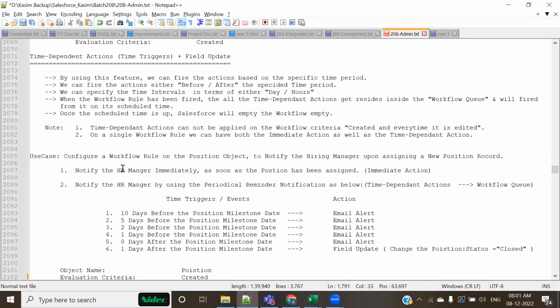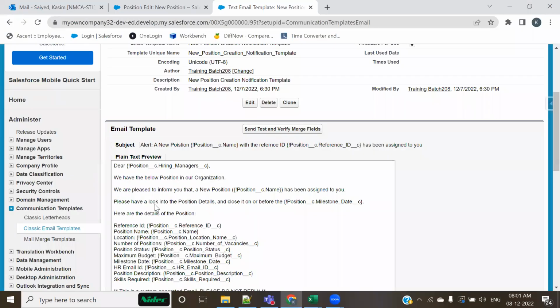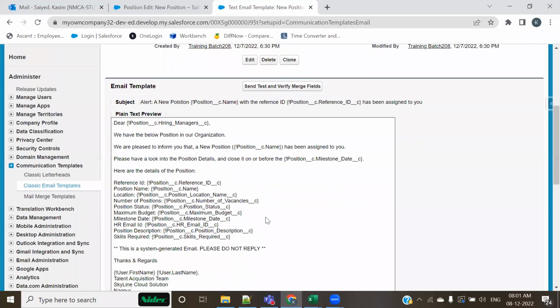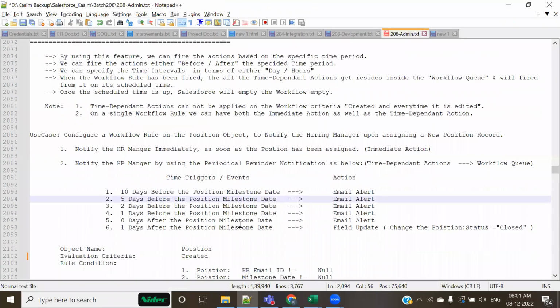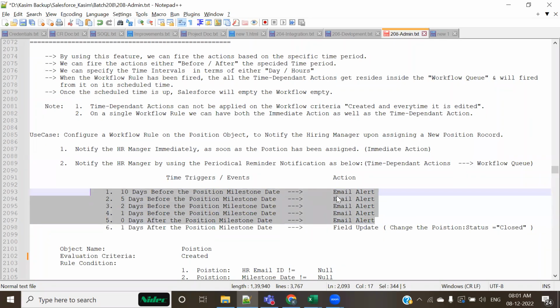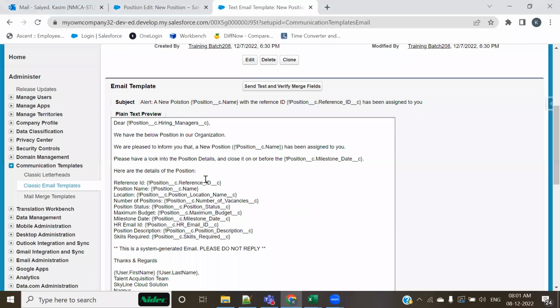I mean, as soon as that record inside position is created, we would acknowledge, we would notify, we would send this email template. And I would be using the same for every other occurrence, but I want you to work a little harder and create separate email alerts and email templates for all of these, like for 10 days prior, for 5 days before, for 2 days. You must write down something over here that